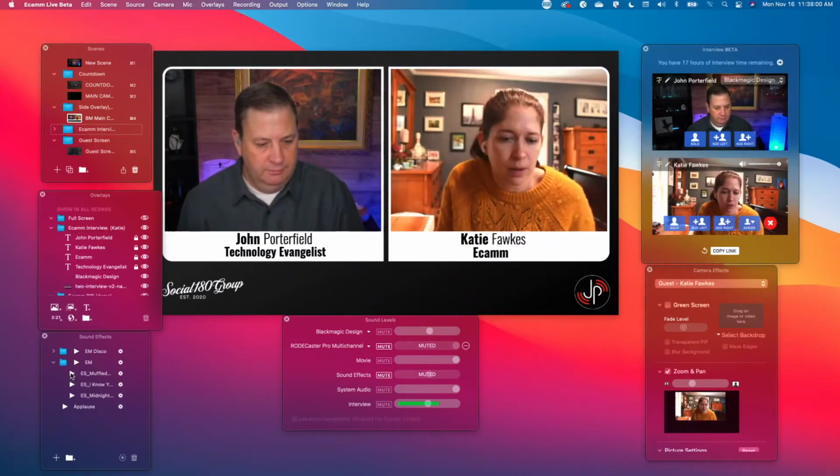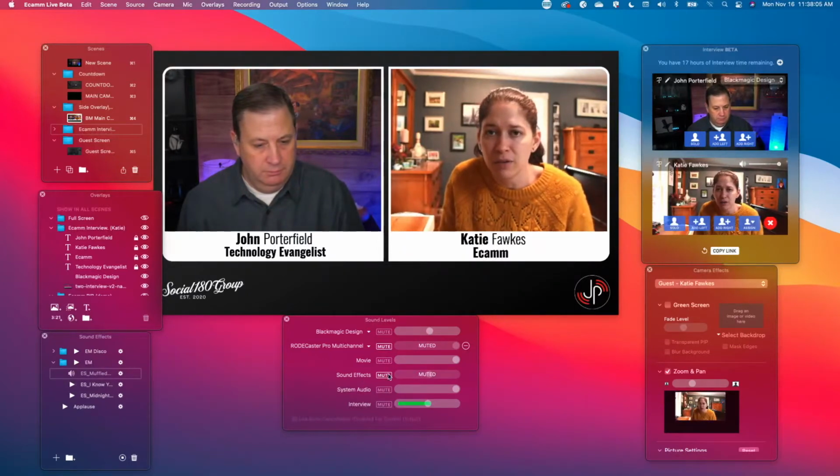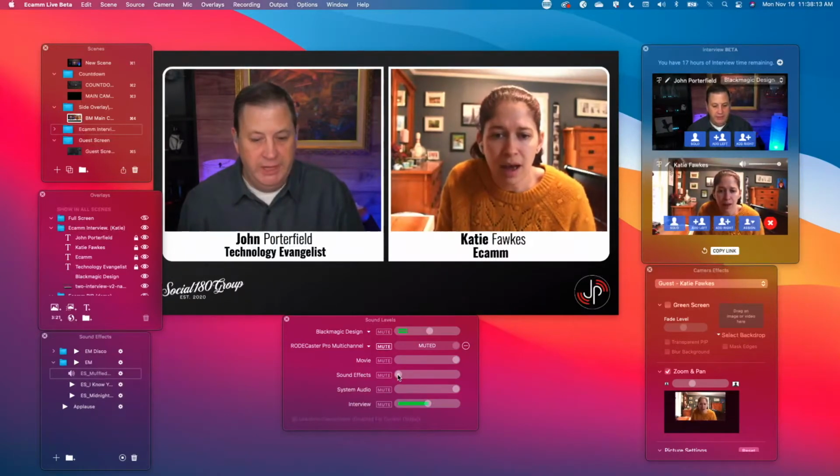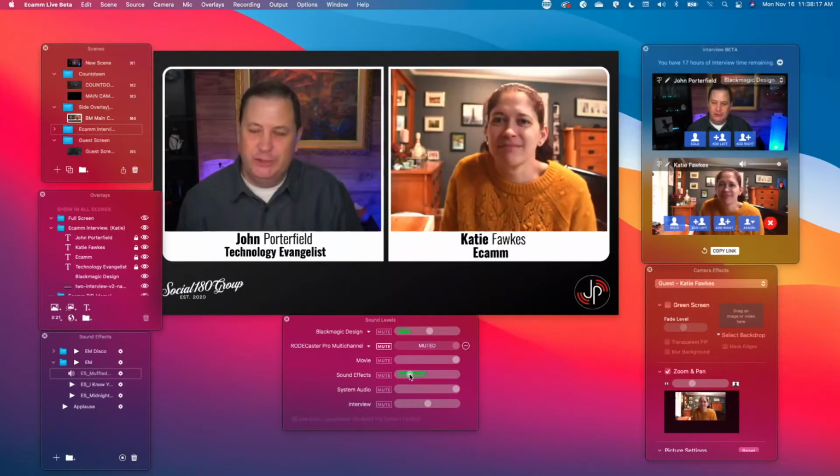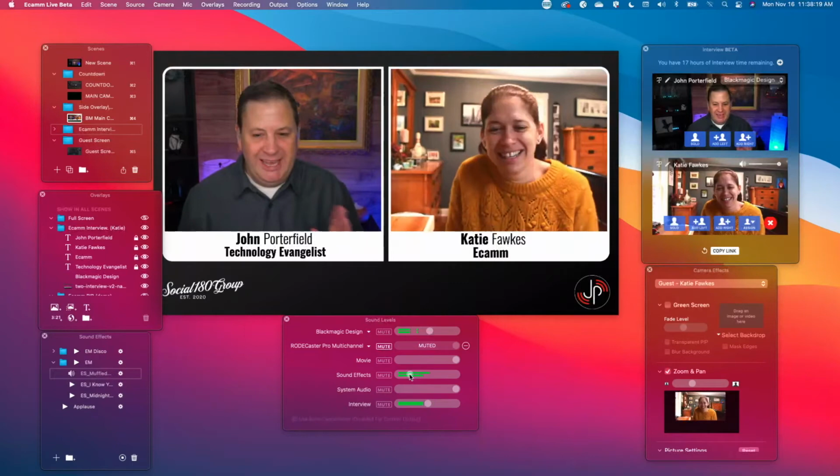But we give you the ability, like an overlay, to add a sound effect to any kind of scene. You can just layer it on. You can turn it on or off in a scene. So yes, you can really play around with sound in a variety of different ways. We can just give it to people. So, to Katie's point,